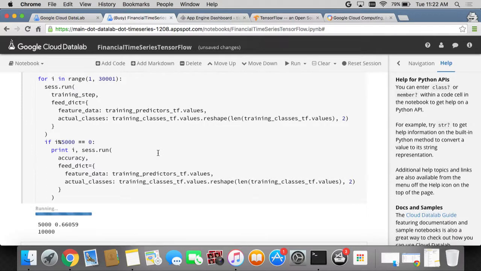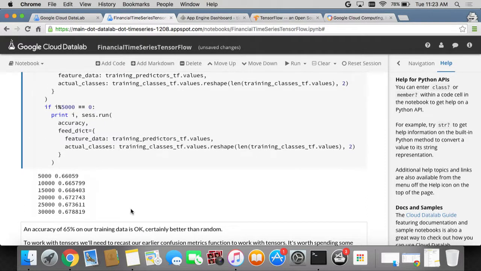So after 5,000 iterations, we're at 66% accuracy. That's not too bad with this type of data. Don't forget that when you start building a machine learning model, what's important is the quality of the data and a good amount of data. You don't need to have too much data, but this model is pretty simplistic. We can see that at each iteration, the model is getting better and better, and we reach at the end 67% accuracy, which is not too bad for the simplistic binary classification that you can have.